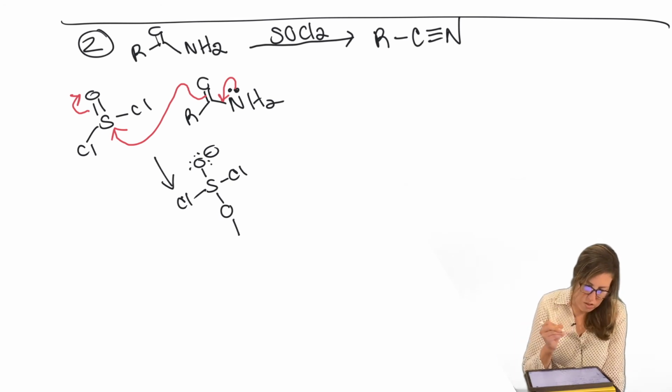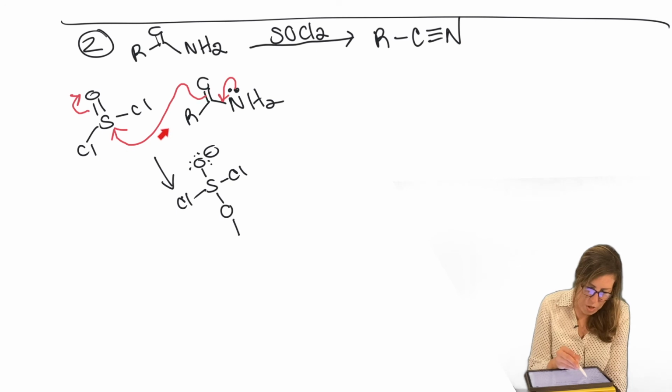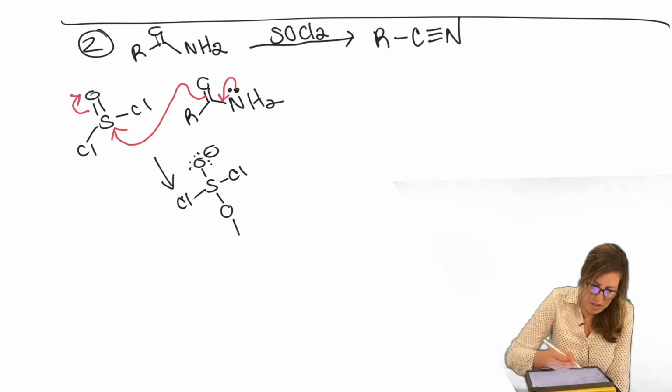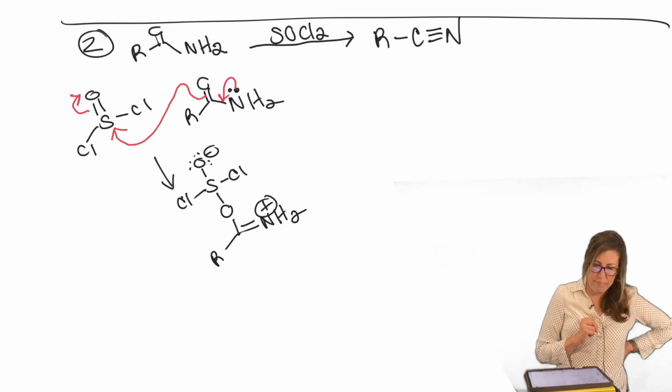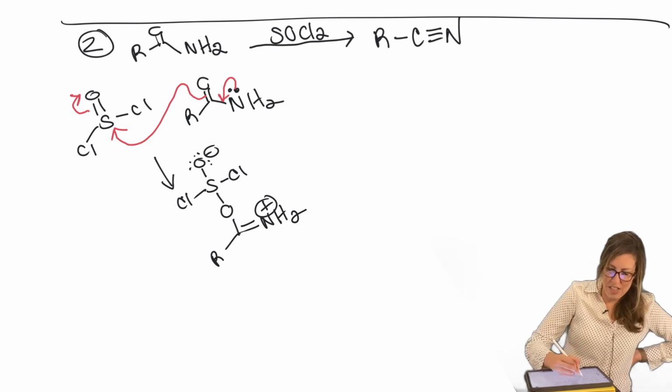Okay, so what was the result? Here's where I'm at. Oxygen, this swung open and made a bond here, so that's that bond. It has a single bond left with all the R group and all the other stuff that's still there. NH2 plus. Okay. Now I'm going to do the closed kick. We recognize this. Closed kick.